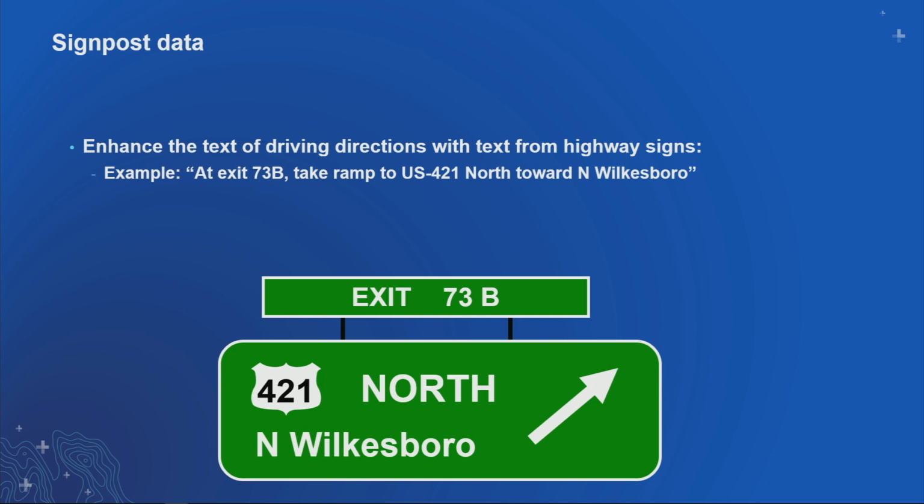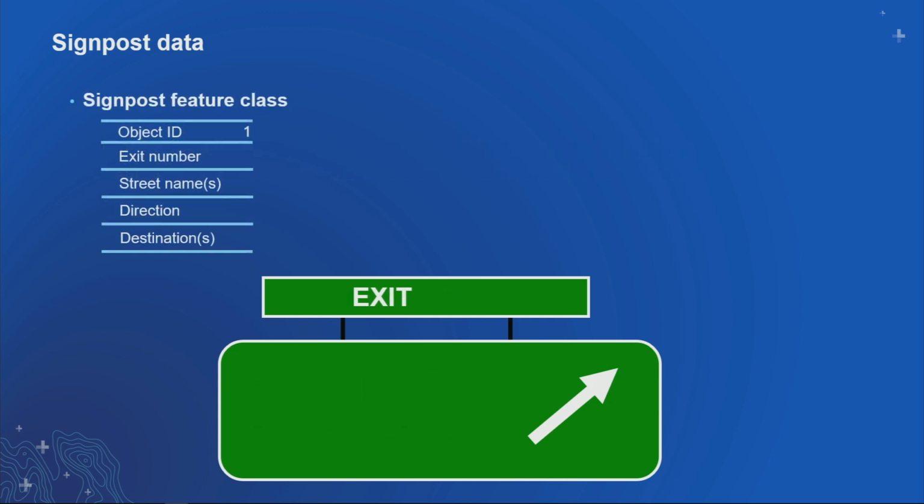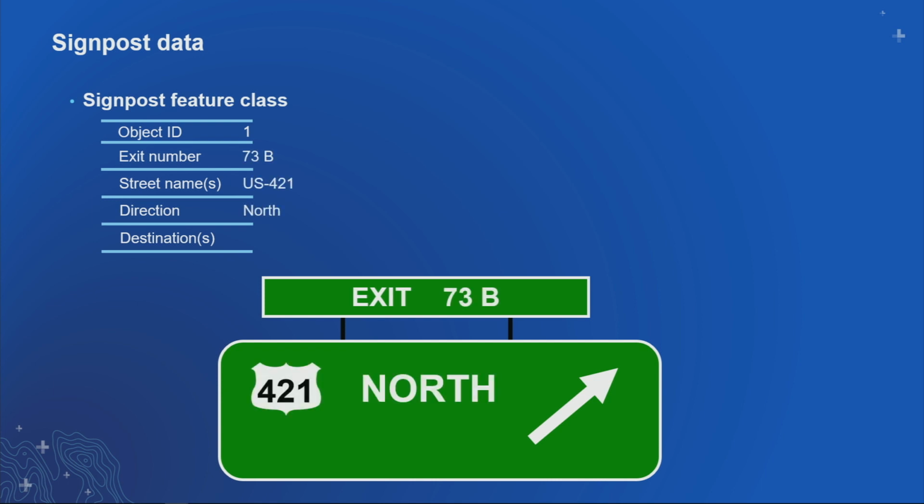Another important part of a network data set could be the signpost data. This is for establishing driving directions. This sign would generate a direction at exit 73B, take ramp US 421 north toward North Wilkesboro. Now, how can the directions engine figure out that those are all the words to put in there? And these are done through a combination of tables and feature classes. There's a feature class set up that can hold each of these little bits of information in fields along it,